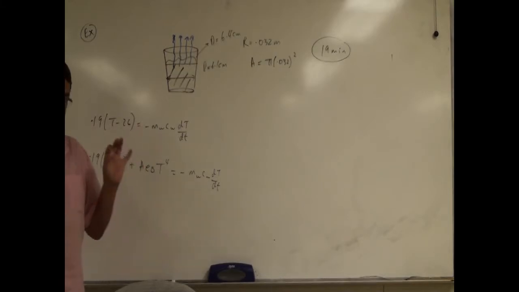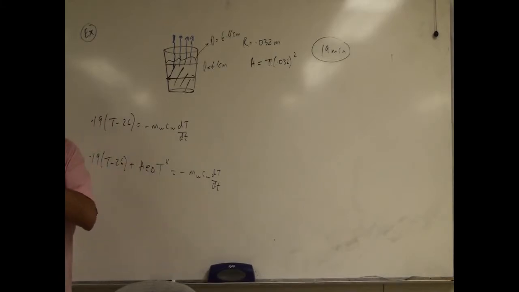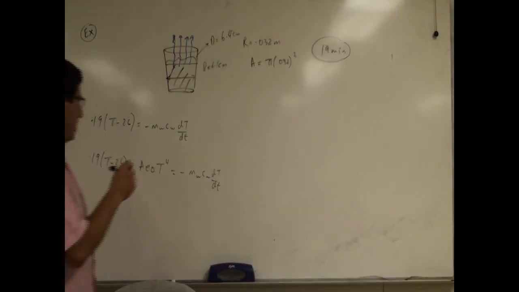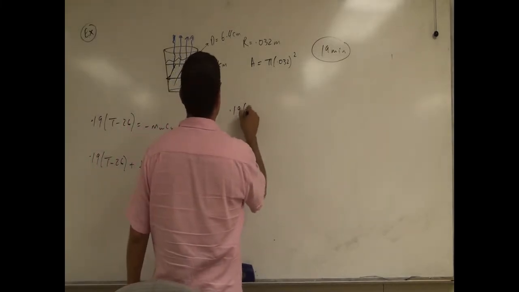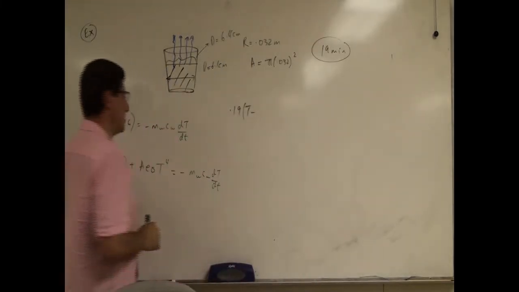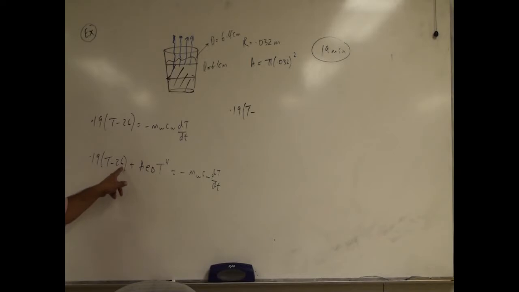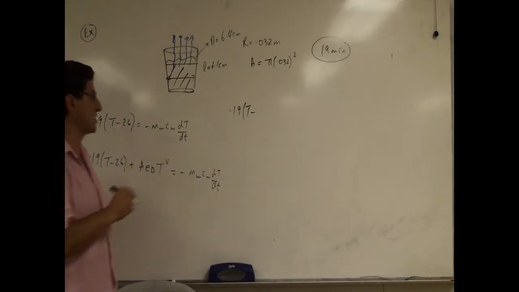When it was only conduction, we could have kept everything in Celsius because it only depended on delta T, the difference in temperature between the inside and the outside. So now I'm going to have to convert that to Kelvin. 0.19 (T minus 26 Celsius), which will be 273 plus 26, that'll be